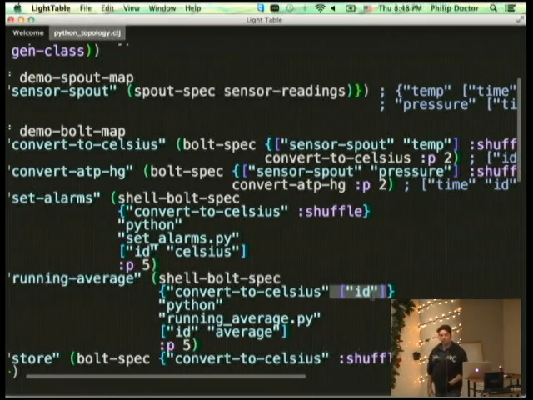Okay. What's the underlying transport for moving the tuples around? So if you're running within the JVM, it's using 0MQ and it's using Thrift to serialize everything. Now, when you do the ShellBolt spec, it's making a shell call and serializing to JSON when it's talking to it. So that's a little bit different, although I think you can change that in the implementation spec of how you can write your own implementations. Anyone else?